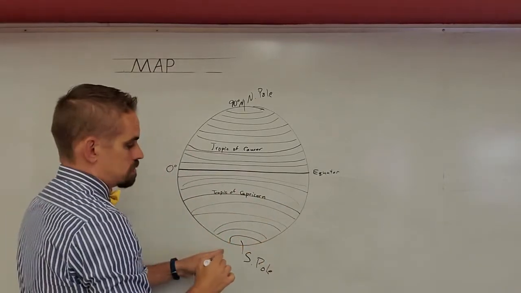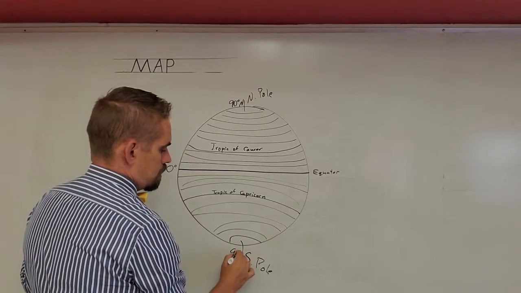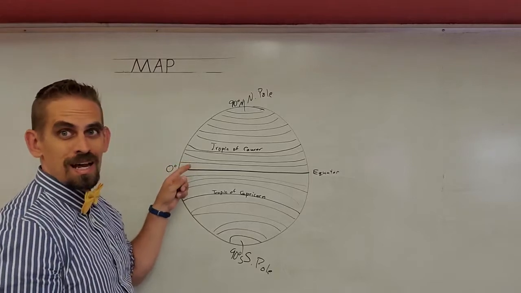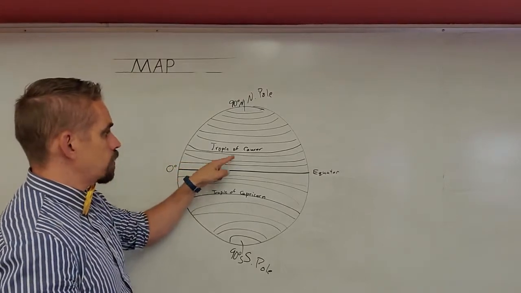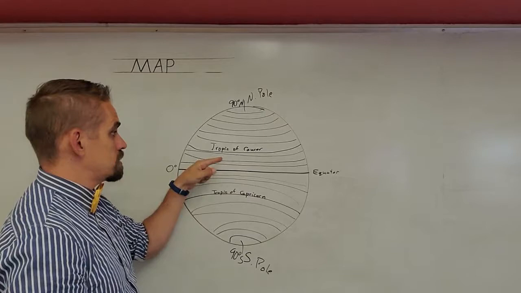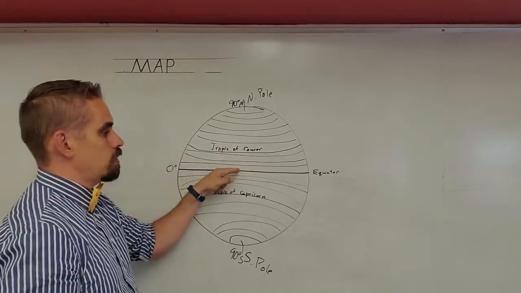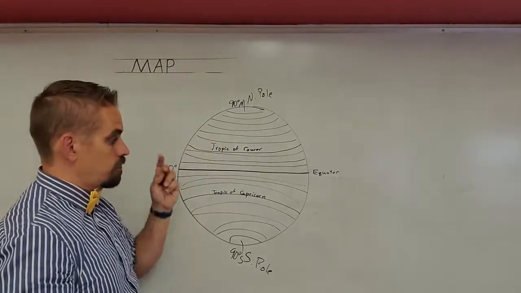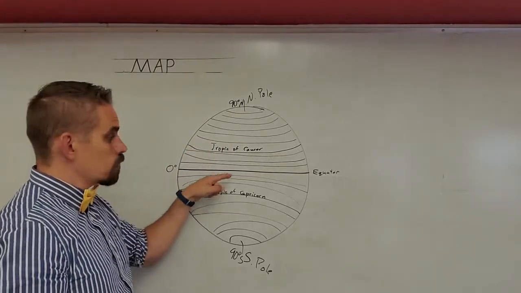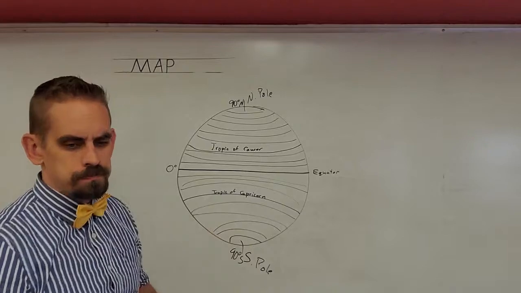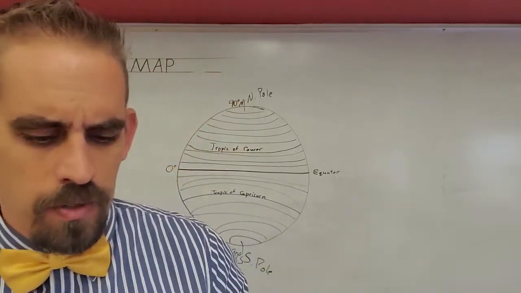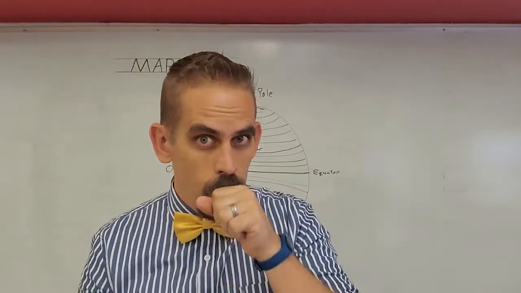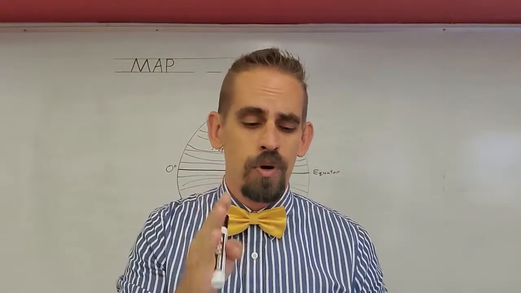Zero degrees, 90 degrees south. So when we say 90 degrees north, we know we're going north. When we say 25 degrees north, we know that wherever we're talking about, we're going north. And when we say 55 degrees south, we know that we're going south. So in a second, we'll get into lines of longitude, which will allow us to pinpoint exact places on